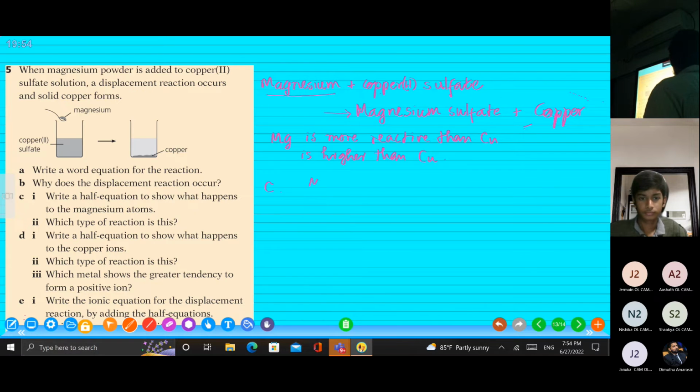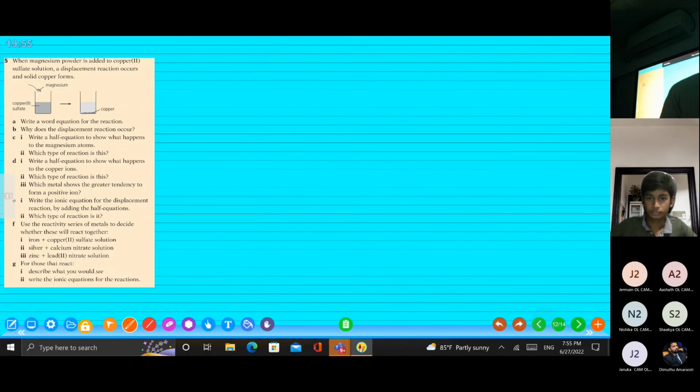Next, write the equation for what happens to the magnesium atom. Now I know the magnesium atom has to get oxidized. Use your common sense. It has to become the ion. So you get the